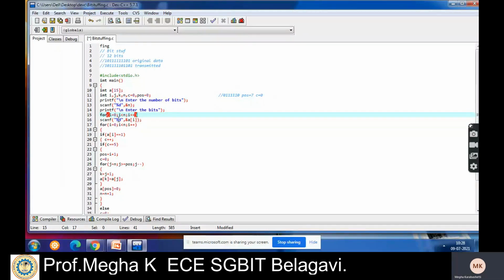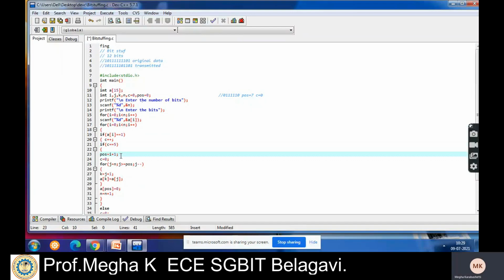I'll read each and every element until it reaches the number of bits, and then I'll start verifying the bits. If a[i] is equal to 1, then increment the counter by 1. When the count value reaches 5, that is, when we get 5 consecutive ones, just increment the position.